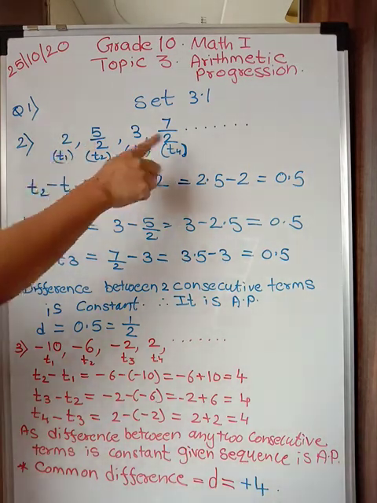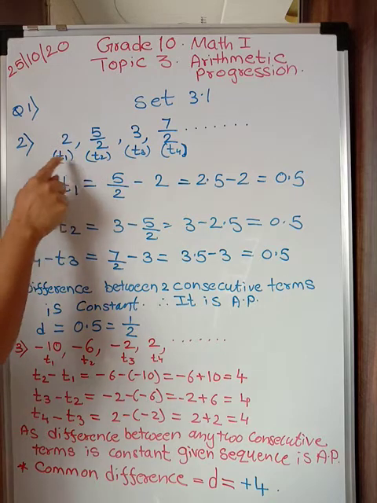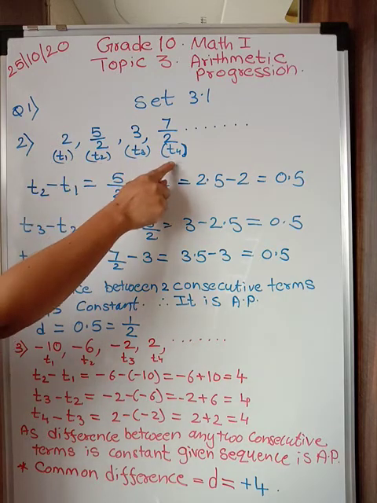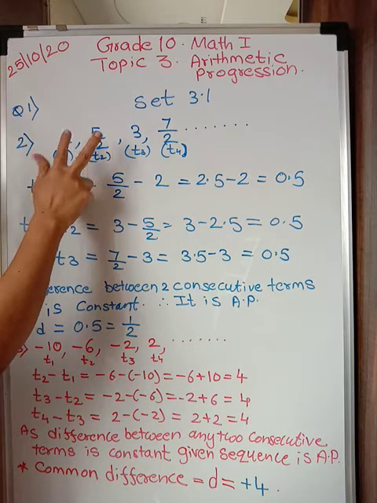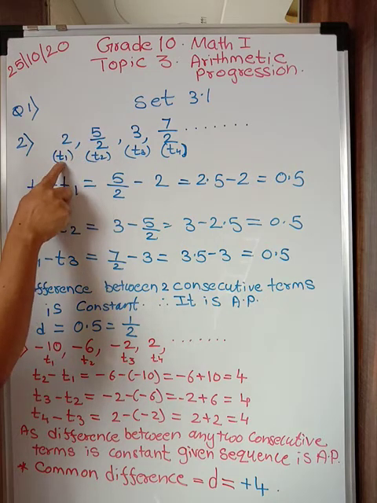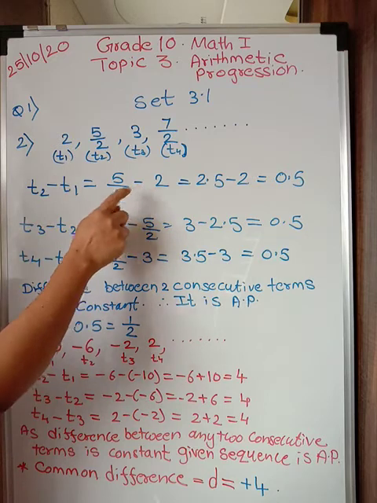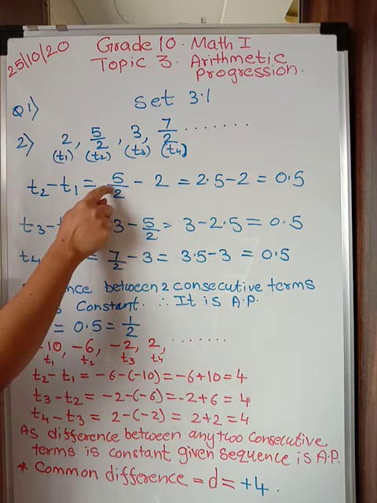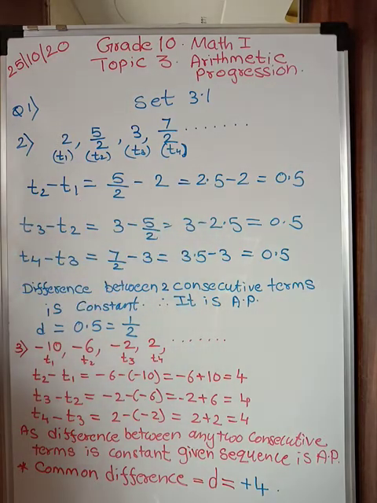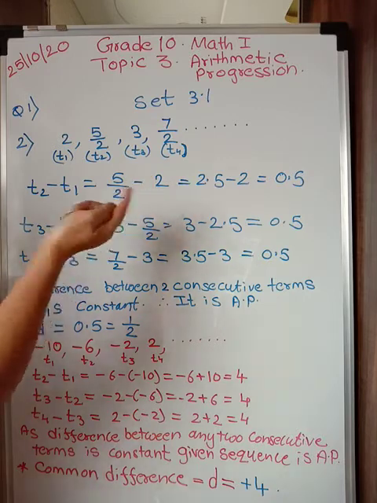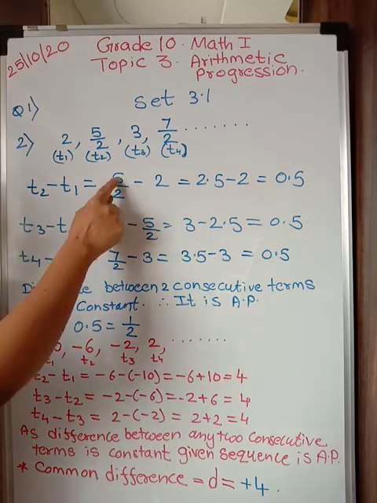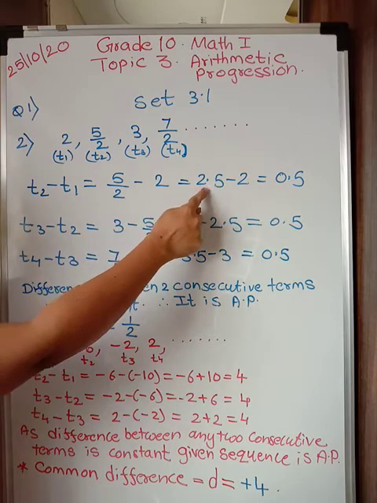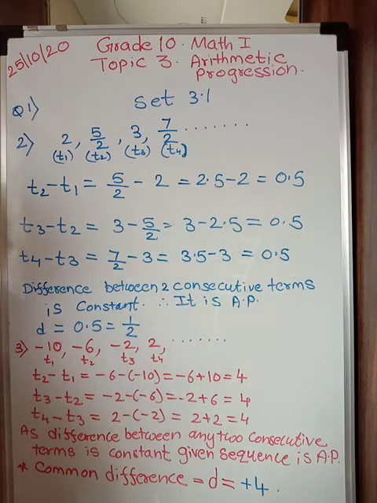This is the sequence given. We know these are T1, T2, meaning term 1, term 2, term 3, term 4. To find the common difference, we subtract two consecutive terms. So from the second term, I am subtracting T1. After subtraction, see students, 5 upon 2, that means half of 5 is 2.5. Or you can cross multiply and find the fraction. That is also fine, but this is easier. See, half of 5 is 2.5, so 2.5 minus 2 is 0.5.